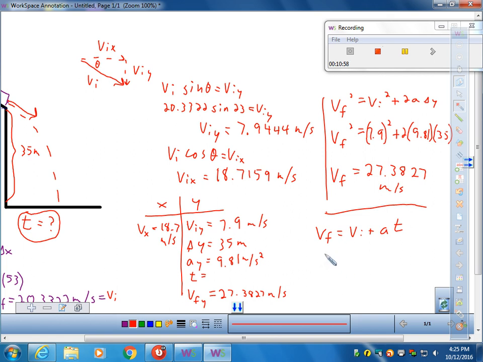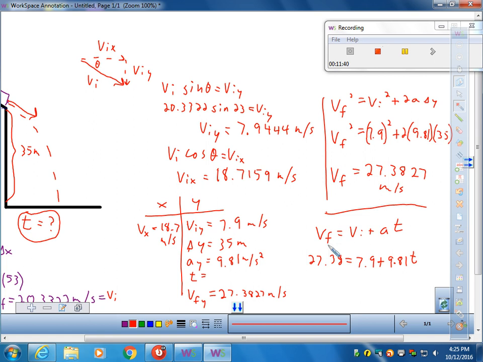So VF, I'm just going to again shortcut this, 27.38 equals VI, which I shortened to 7.9, plus A, which we know is 9.81 times T. These should have the same sign at this point because they're all downwards. So I'll need to take this and subtract that from both sides. So 27.38 and some change